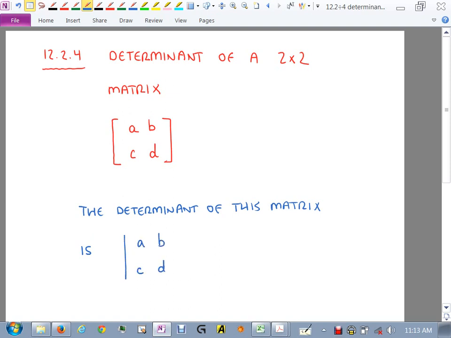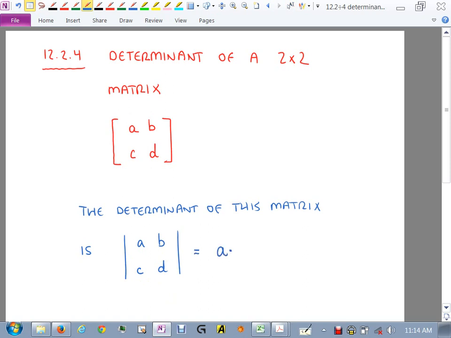is kind of tricky. It looks very much like this, doesn't it? I mean, the matrix is a bracket, though, isn't it? If I just put lines, it's almost like an absolute value. Okay, it's not an absolute value, but that's like the symbol we're using. This represents the determinant of that matrix, right? That's telling you this is the determinant. Now here's what it is.